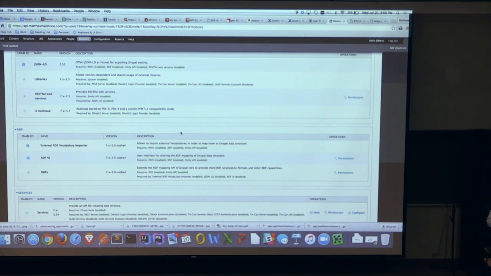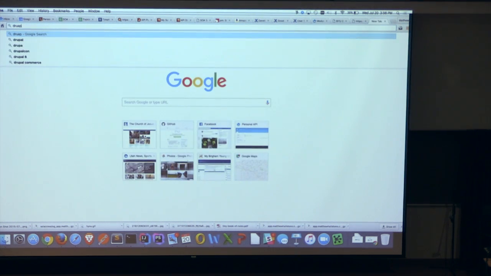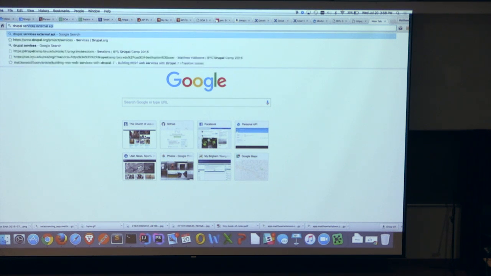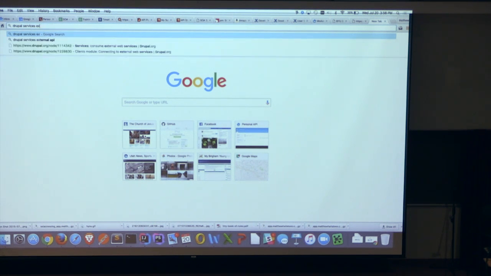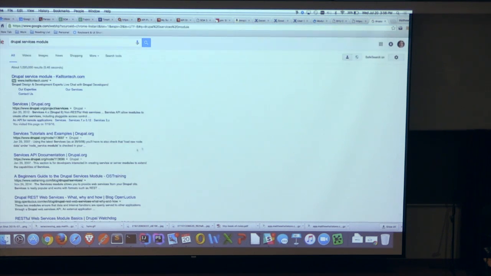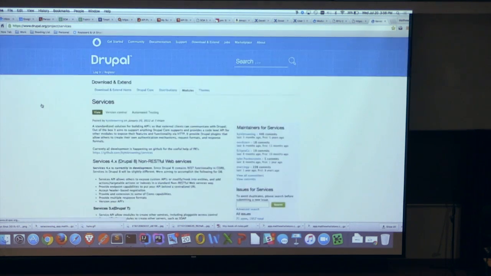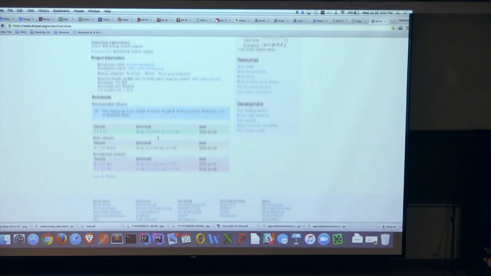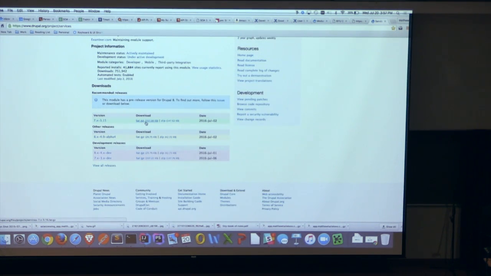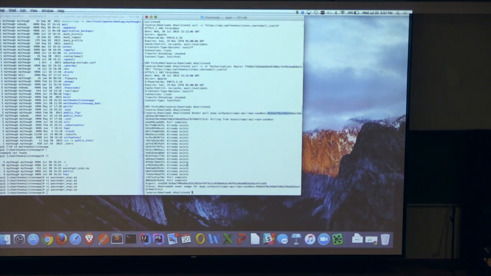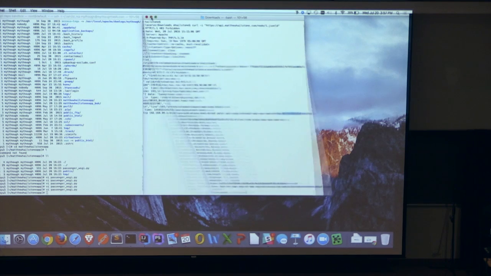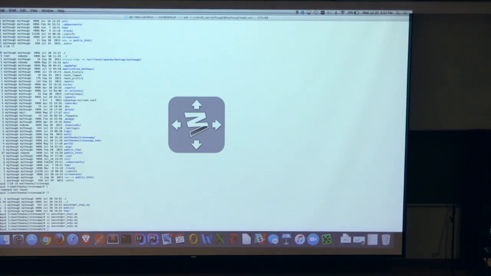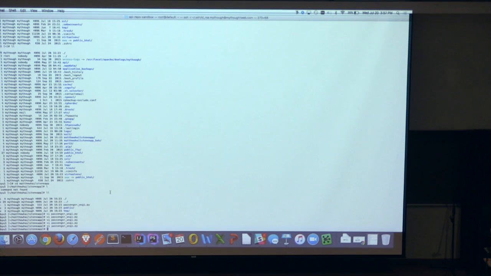So that's installing a whole bunch of modules. I'm not sure if you have actually gone through and installed a module, but you go down to here and you have this tar.gz.